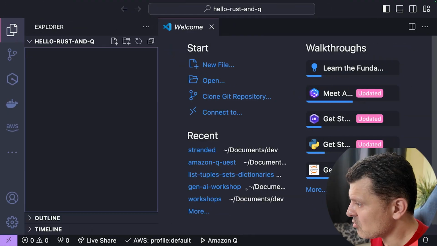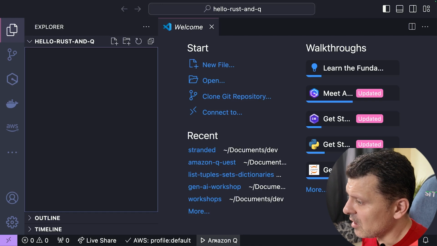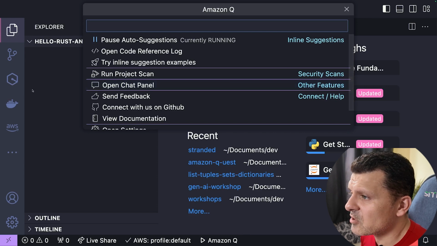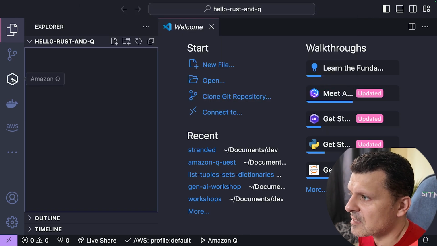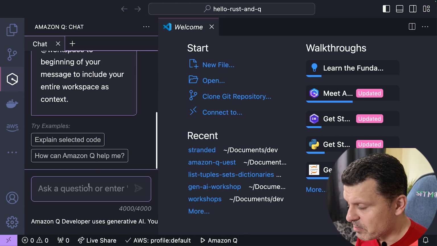Neither have I. But we can use Amazon Q Developer. Oh yeah, of course, duh. Let's just use Q to generate the code. We're going to open a Q chat panel, and I can do that in 2 ways. I can click here on this thing on the status bar, and then I can click on Open Chat Panel, or I can just go to this big button here on the side. That's what I'm gonna do. And now we can just enter a prompt.